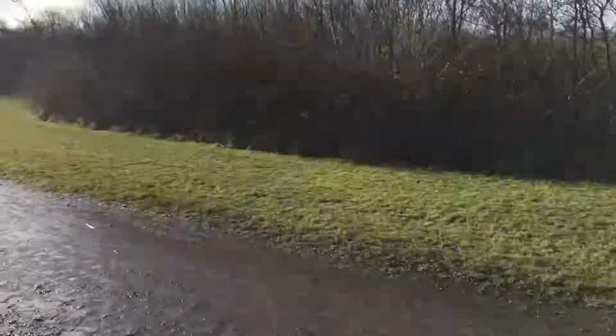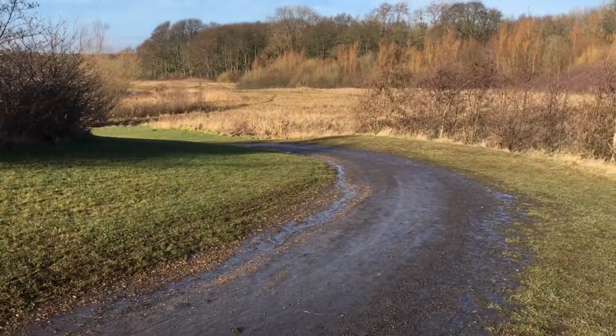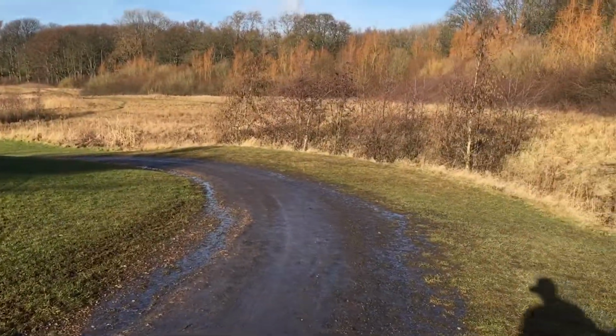Yeah, so I'm going to make my way back to the car and then we'll head out to the second location for another recce. So I'm now at Hoffel College, the woods surrounding Hoffel College. This particular section of the woods is called Great High Woods, and as you can see behind me there's a